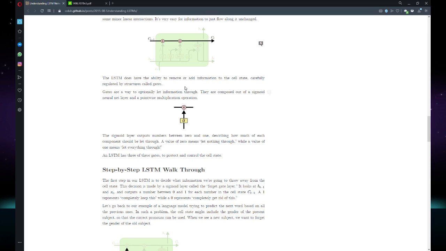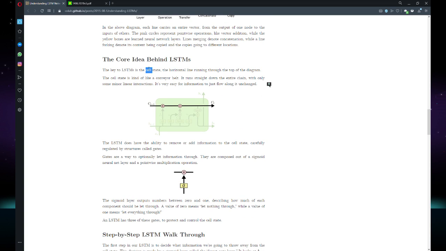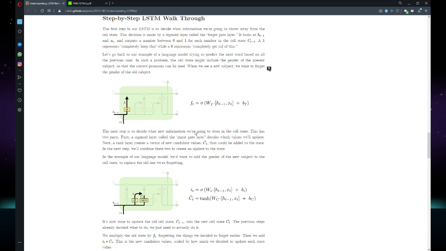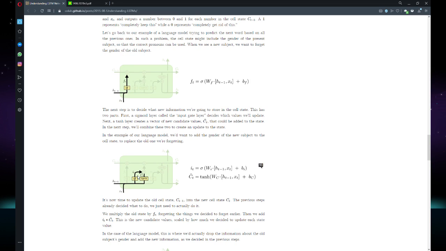And how you decide what to put into this cell state, and what to forget, is adjusted by so-called gates. The first gate is the forgetting gate, the second gate is the update gate. With the forgetting gate, you decide what information is not important to you anymore. For example, if we keep this language example,